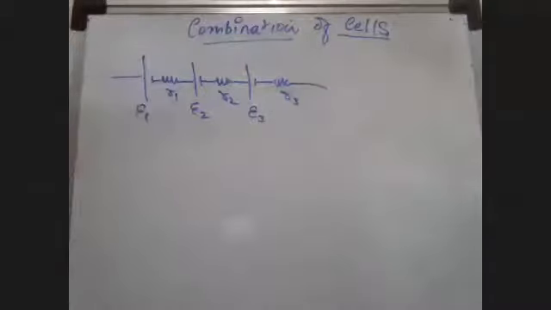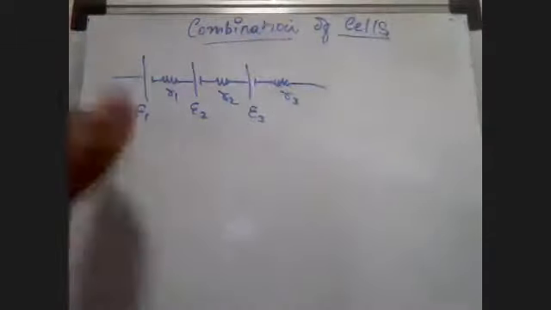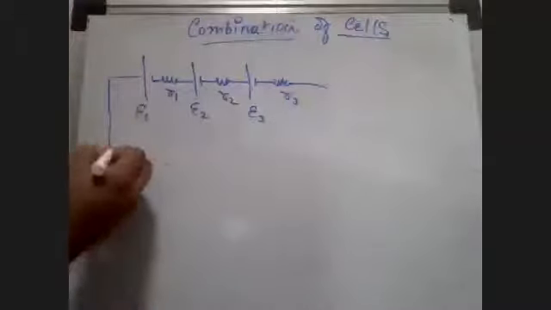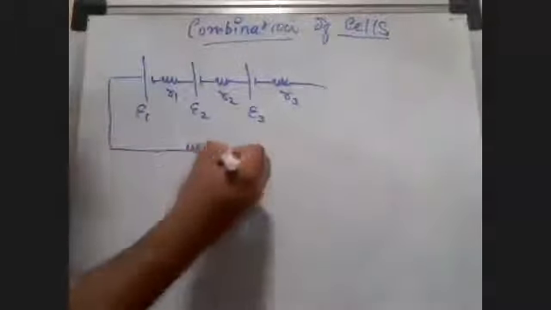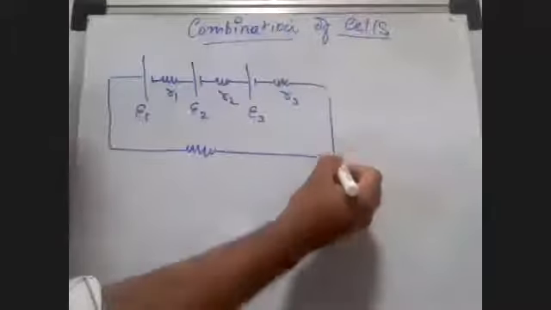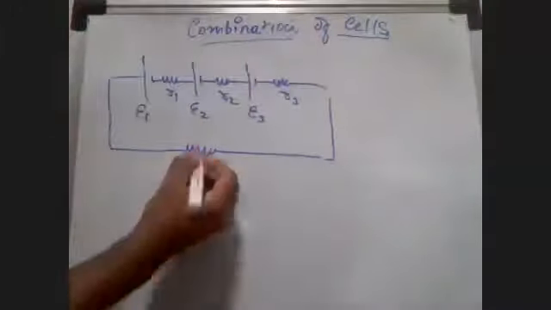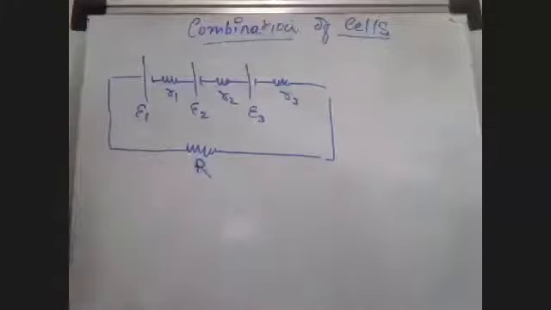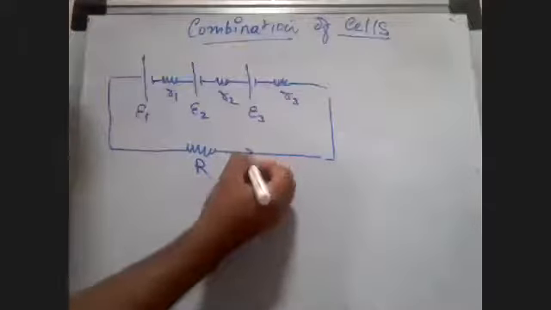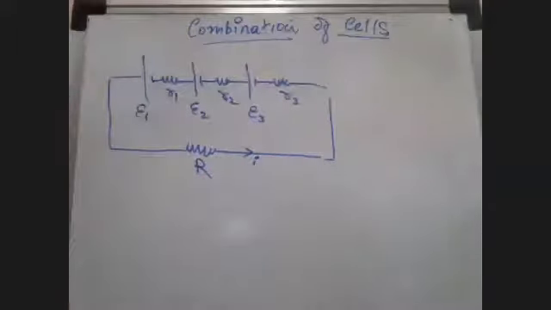So if I have to find out the equivalent potential and the resistance, the way to do that is first to take a resistor and connect it across this branch, and let's say this resistor is called R. You define the current to be in any direction. Let me say it is in this direction, doesn't matter.